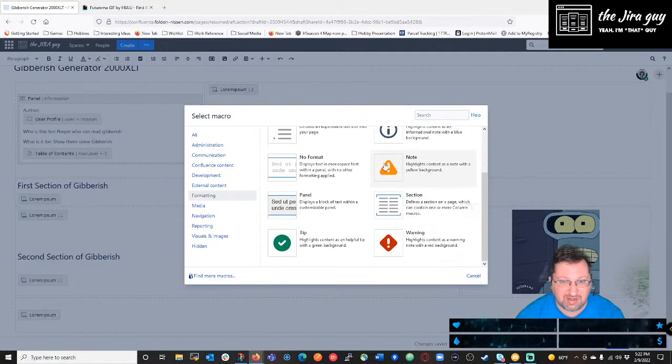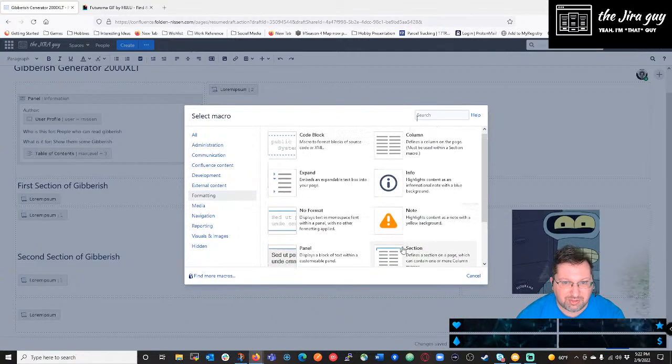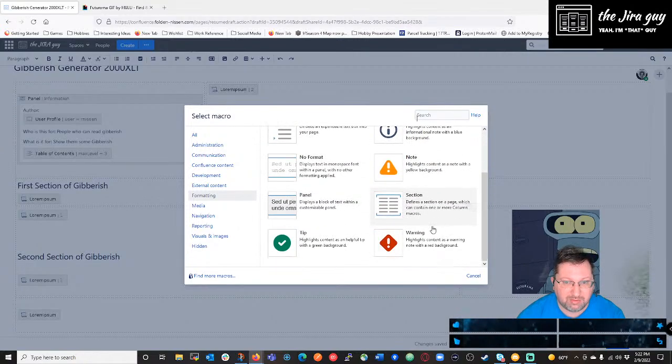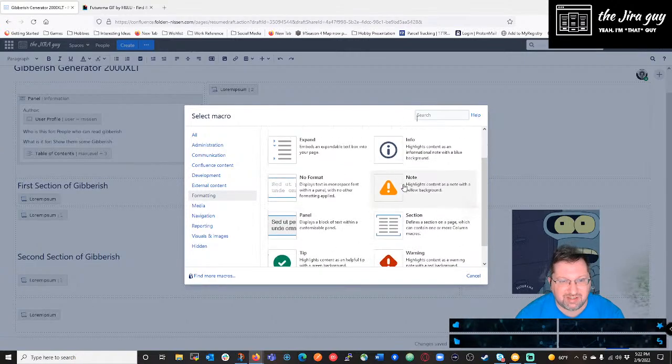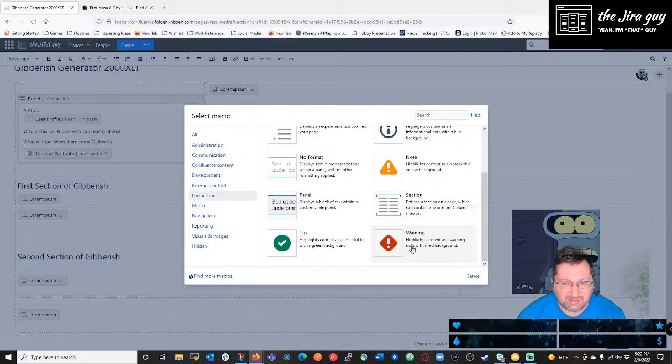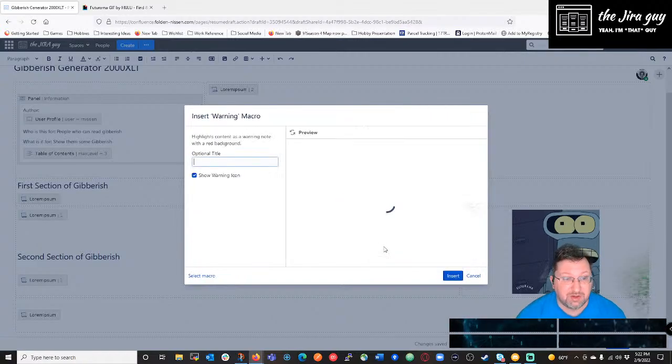This is the different callouts you could do: the info, note, warning, and tip. I will note that these are named differently in Confluence Cloud. For some reason, what we call a note here, Confluence Cloud calls a warning because it can't be consistent with our names at Atlassian. Likewise, what we call warning is called an error in Confluence Cloud, but otherwise it's the same concept. You put this in here, you give it an optional title,